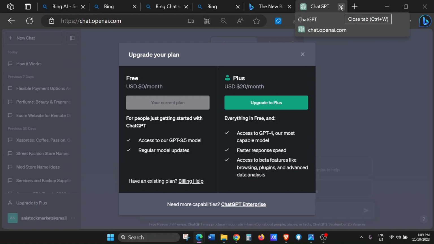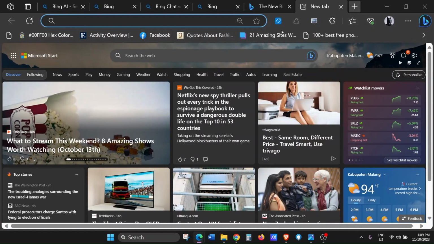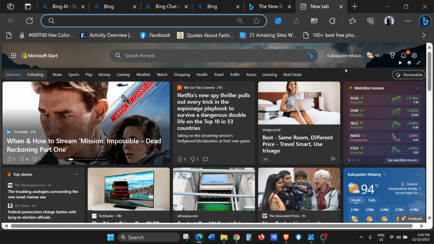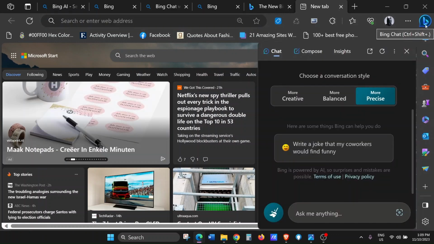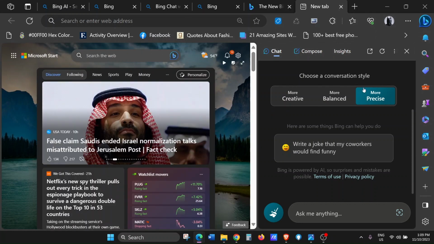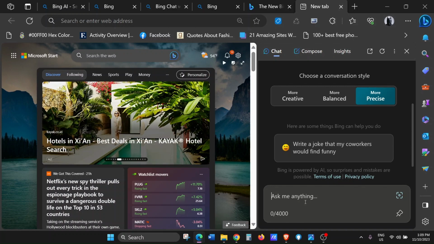So I'm just going to close my ChatGPT box here. Just go to your Windows Edge browser, and then by default you will see there is an icon here. This is the Bing chat icon. So if you click that, it's going to open up a nice little box here. And then you can start typing your questions. Whatever you want to ask, you can just ask,